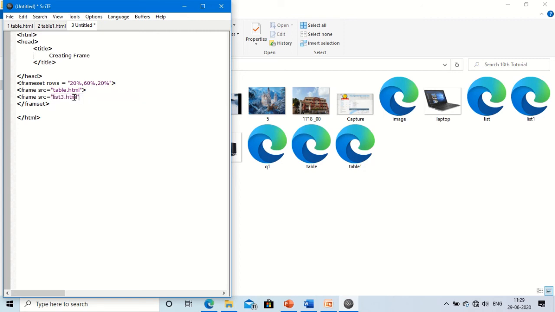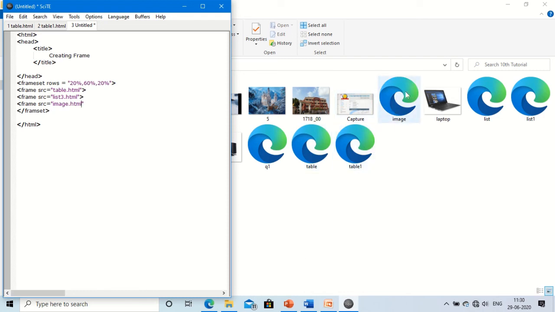If the web page is in a different place, then give the complete path, otherwise it will not open. Then frame src is equal to, suppose here I want to open my image, so I will write image.html.